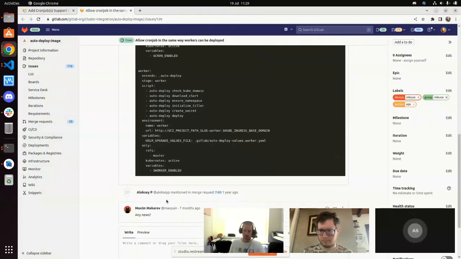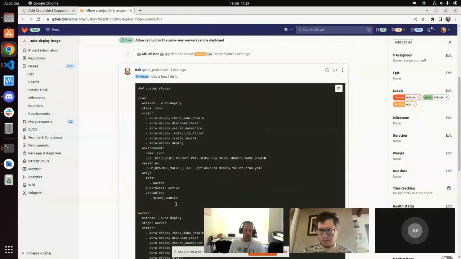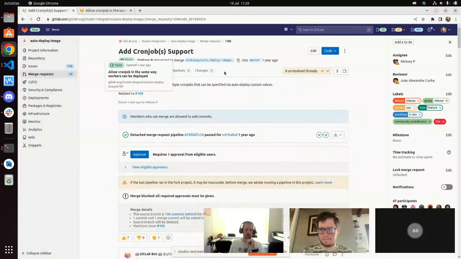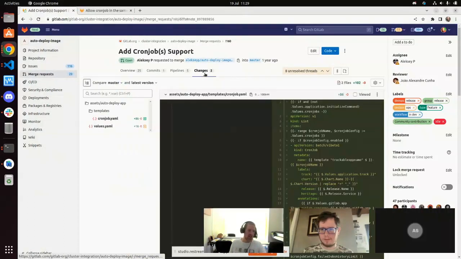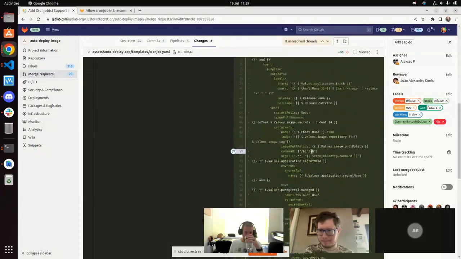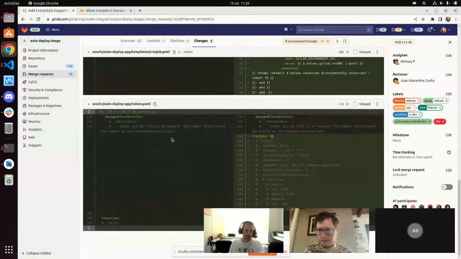Has anyone here actually used the auto deploy, the auto DevOps before? I think so, but it's not worked for me because I've tried it on .NET, and I don't know if it's just because it's out of date or because my project didn't conform, or I only used it as a template, meaning that I took some part of it and adapted to my workflow. So not the actual auto DevOps. Okay. Right. So